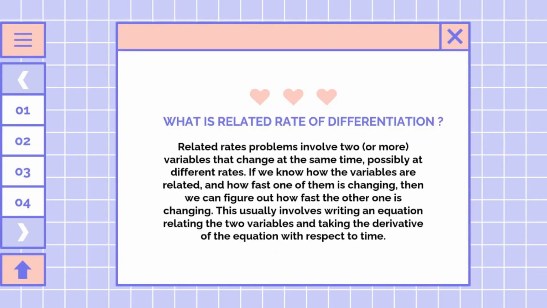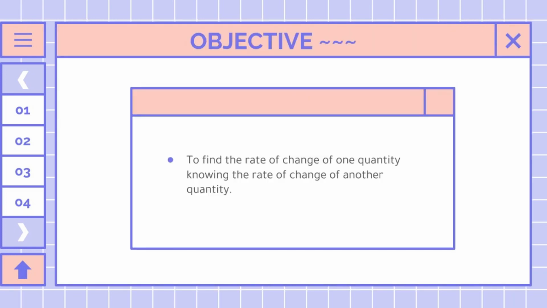Introduction. Related rates problems involve two or more variables that change at the same time, possibly at different rates. If we know how two variables are related and how fast one of them is changing, then we can figure out how fast the other one is changing. This usually involves writing an equation relating the two variables and taking the derivative of the equation with respect to time. Objective. The objective is to find the rate of change of one quantity knowing the rate of change of